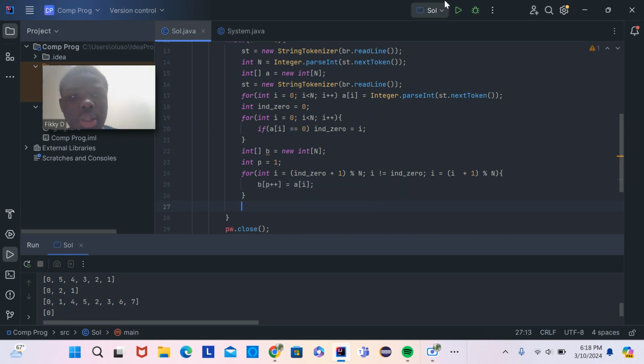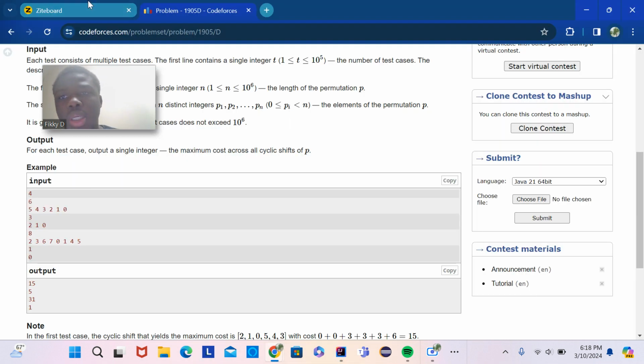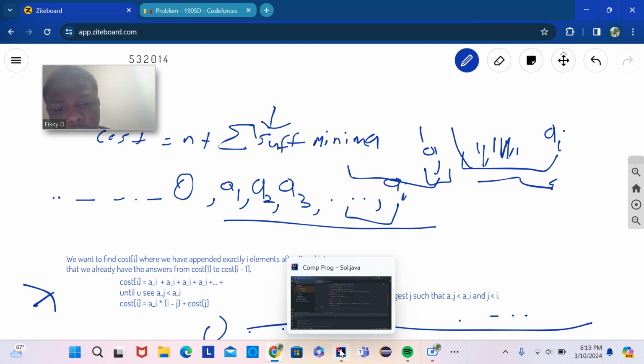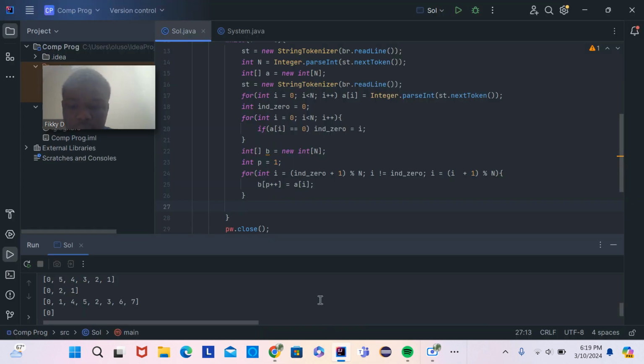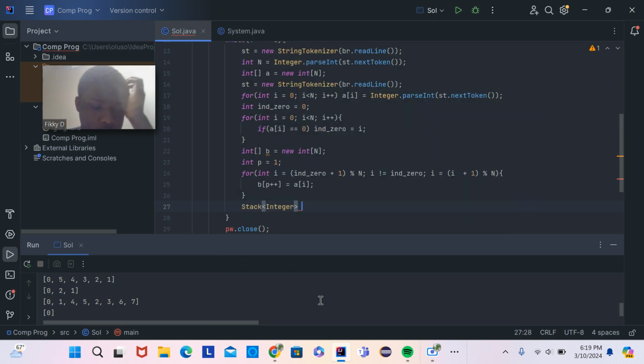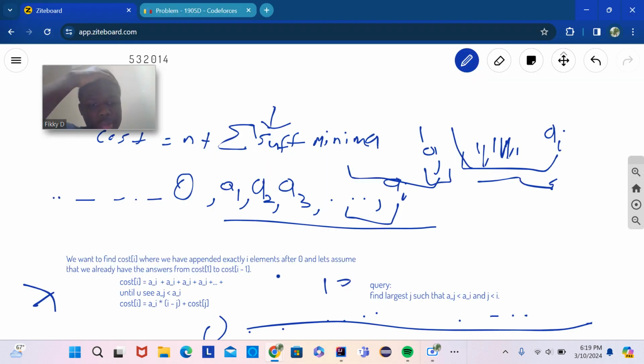Okay, so now what we need to do is query how to find the largest j such that... The way we'll do this is we'll use a monotonic stack. So the way this works, if I remember correctly, you have this element I. These are the elements you want to consider as being smaller than you. If you just put these elements on a stack,